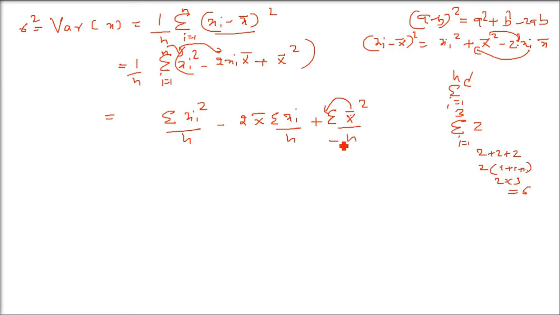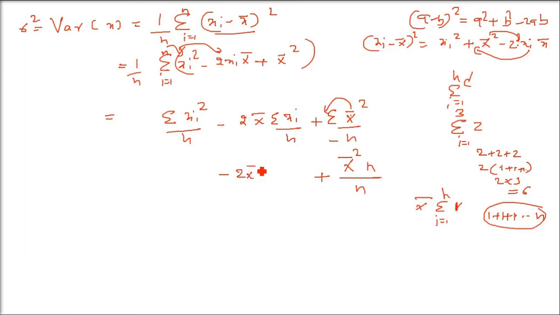This is sigma x bar whole square. X bar whole square has to come out. Sigma x bar whole square, this is sigma 1 only, i equals 1 to n. So this will be 1 plus 1 plus 1, n times. We are adding 1 n times, so it will be n only. So this whole sigma of 1, i equals 1 to n, is n. Sigma x bar whole square was already outside as a constant, and I just explained how n has come, and was already in the denominator too.